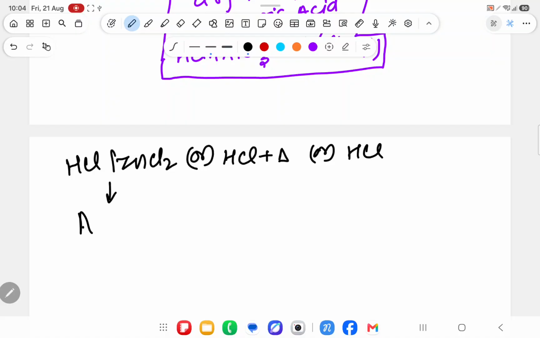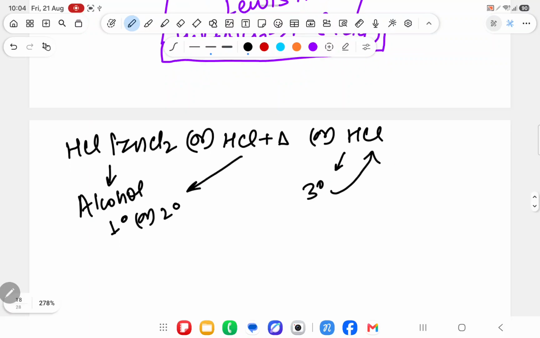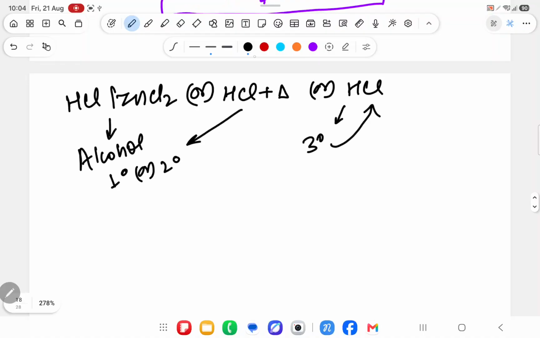If alcohol is 1 degree or 2 degree, then you will use this or this. But if alcohol is 3 degree, you can simply use this. Understood? The condition is that you are reacting HCl with alcohol, so for 1 degree or 2 degree alcohol you can use this, and for 3 degree directly you can use it. The condition is that HCl will be concentrated HCl and ZnCl2 will be